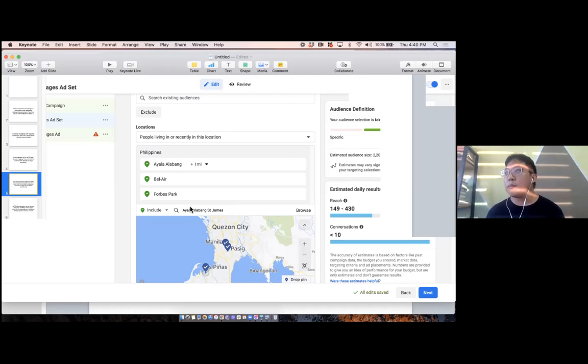Diba? It's very possible na kahit low priced yung offer, that they still don't go with it. And the reason being that with your communication, with your ads and things like that, hindi napapakita yung value of what you are offering. Because price is always relative. Diba? Let's say 10,000 pesos for a tumbler. Mahal yan. Tumbler lang, 10,000 pesos. But 10,000 pesos for a phone, na iPhone, mura yan. Diba? So it's always